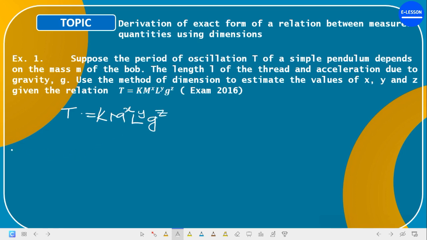Now, whenever you are given anything like this, how do you solve an equation like this? Let's start by saying that our T is K to the power of, then M to the power of X, L to the power of Y, and G to the power of Z. Now, what is the mass? What is the length? And what is the acceleration due to gravity? Now, when you are deriving the exact form of a relation,